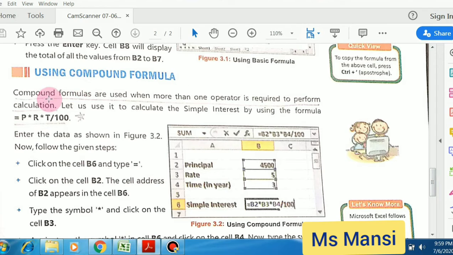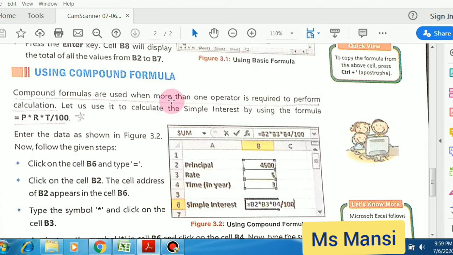Using a compound formula. So what is a compound formula, students? Compound formulas are used when more than one operator is required to perform a calculation. What is an operator? Like the multiply symbol, the division symbol.